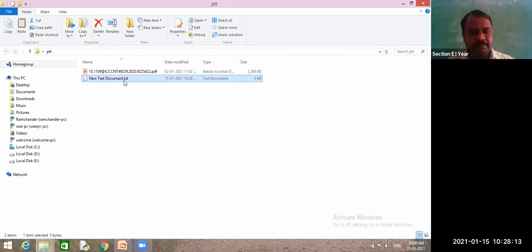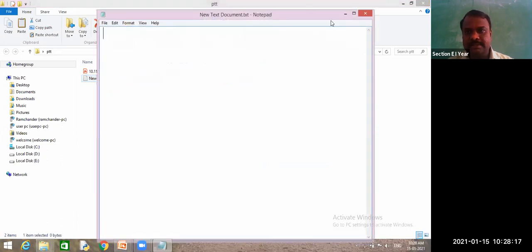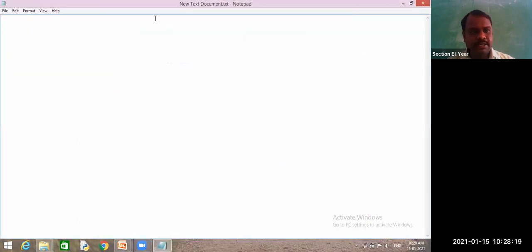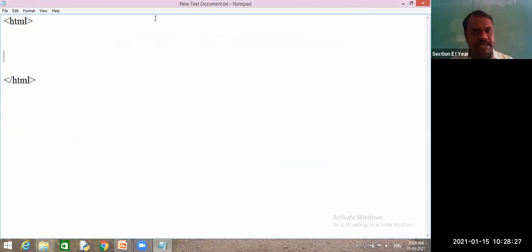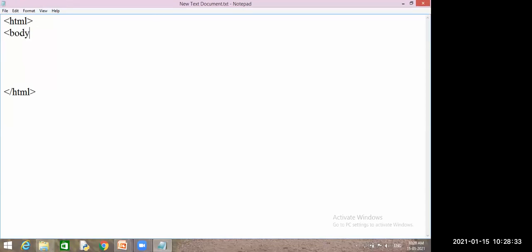First I will write the basic structure. Wait, it has not opened, right? Yes, the basic structure of HTML: the html tag and its closing tag, which contains how many basic subtags? Head and body. Very good.